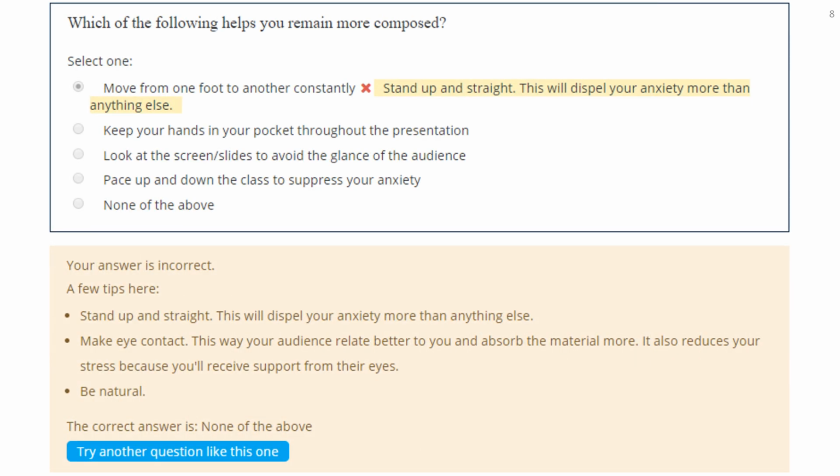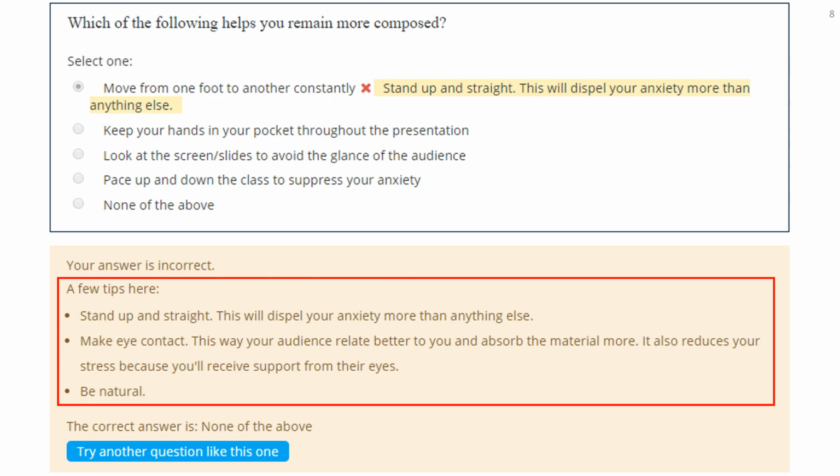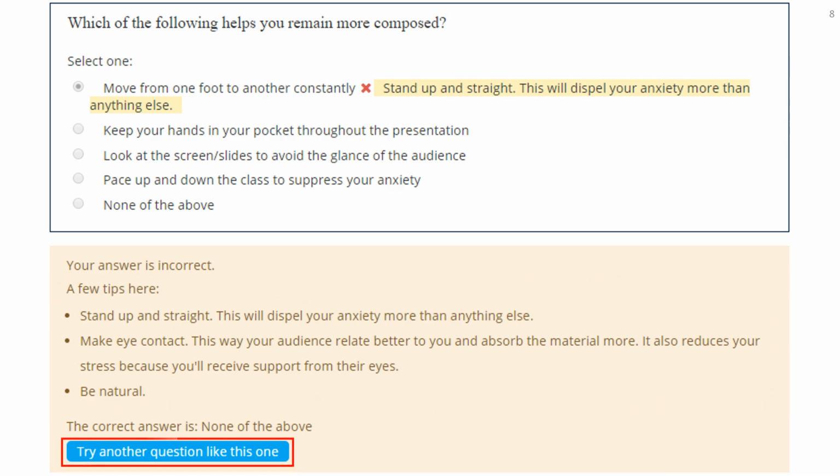Another example of a question would be something like this, where they receive feedback in front of each option that they choose. There is specific feedback, but there is also a general feedback at the bottom. And these are things that I typed in, so some tips for the students. And then something that's really important here is "try another question like this one." So Moodle has that capacity, and UDL is about trying to capitalize on the Moodle capacities to make the course